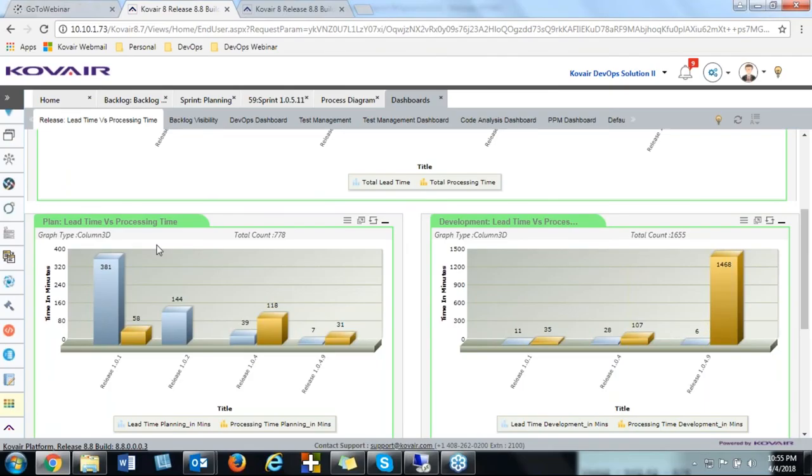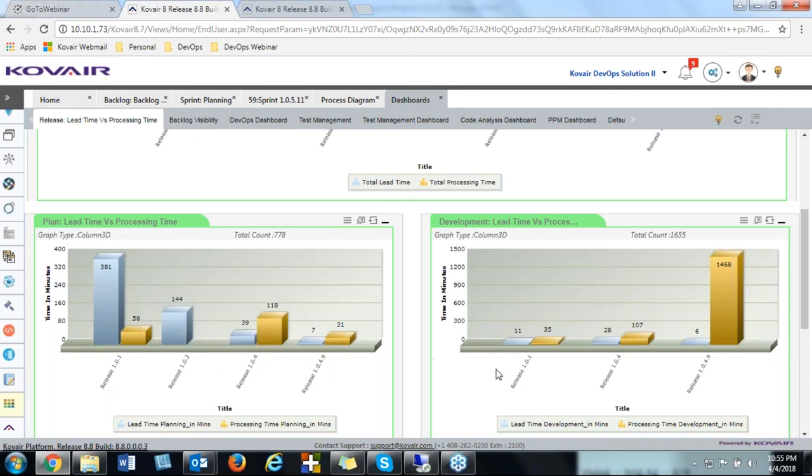But if you see further drilling down, when I focus on a particular stage like the planning, where manual handoffs are much more, you can see that the lead time is much more, because here people are involved in reviewing the sprints, planning the sprints, doing all these retrospective meetings, or estimating the sprints and all, also the initial development part. So that's why the lead time is much more.